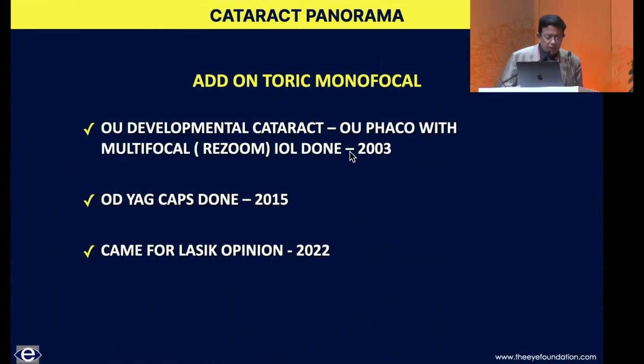I had this patient in 2003. I had done a phaco with a ReSume for this patient, both eyes, and in the right eye she underwent, she went off to the United States, settled there, came back and had a YAG capsulotomy in 2015 in one eye. And she had about, at that time we did not have the toric version, about -2 diopters of astigmatism left over. And now she was a strapping young lady of 31 or so, who wanted something to be done